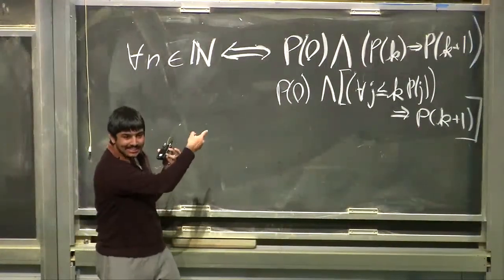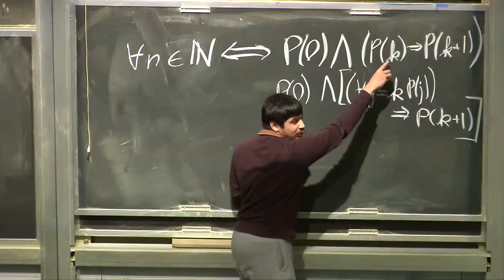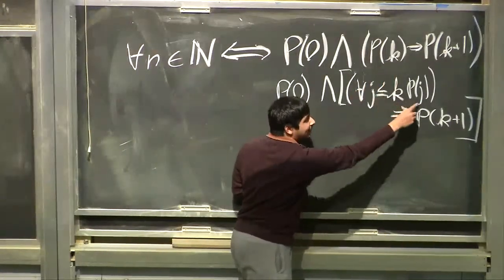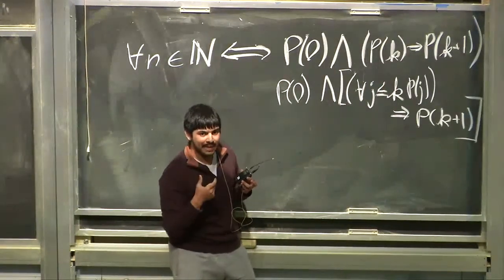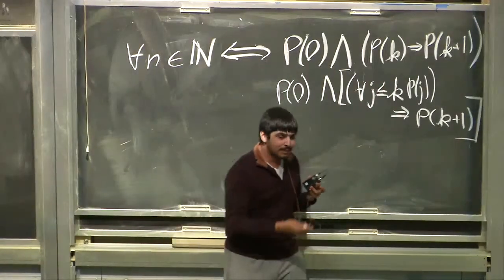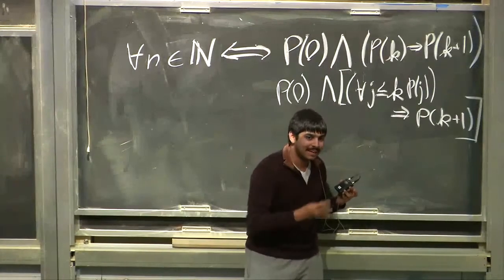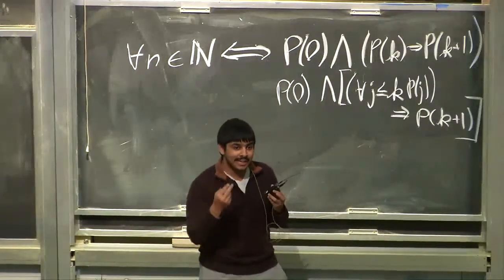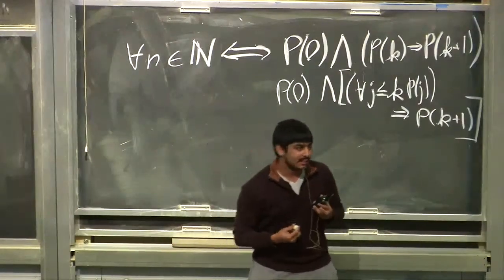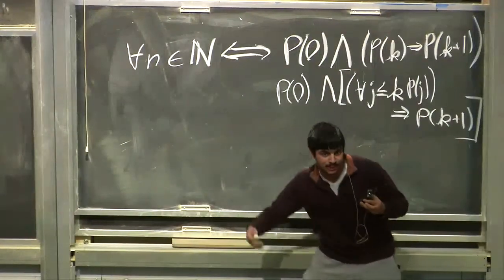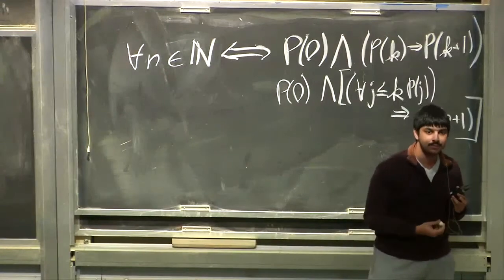So, strong induction: not only can you assume the case right before it, you could assume every case before that one, and maybe that'll help you. So instead of just saying P of k will help you prove P of k plus 1, you could use P of k over 2, P of k minus 5, P of k minus 10. Every case before the one you're proving, you could also assume, and then prove the next case. And this is a property of induction because we built it up from the first case, from P of 0.